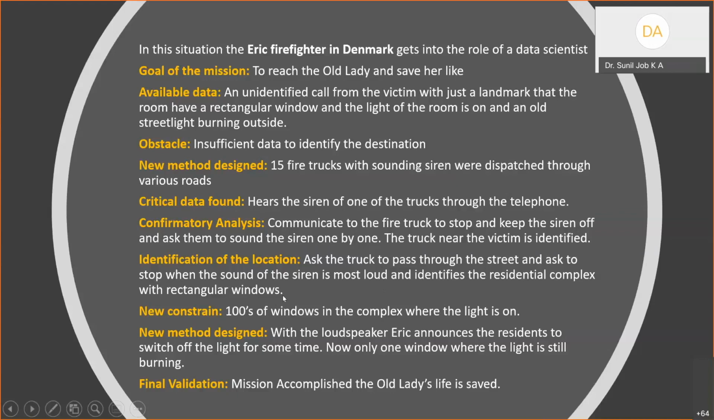So he asked that truck to gradually, slowly go through the street and identify the point where the siren sound is maximum. And he identified that particular apartment where the siren sound is maximum, and we found that all the windows of that apartment are rectangular. So now the new constraint: hundreds of windows in the complex where